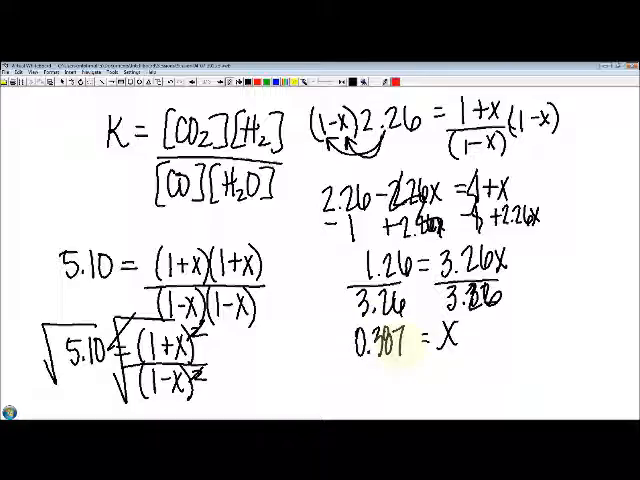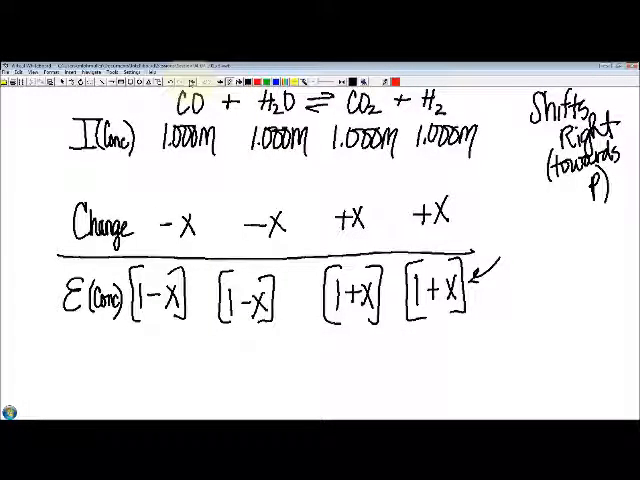This is not our answer yet. So now that we know x, we can go back to the equilibrium line, this line right here, and figure out what that concentration is. So for each of the reactants, the concentration of the CO equals the concentration